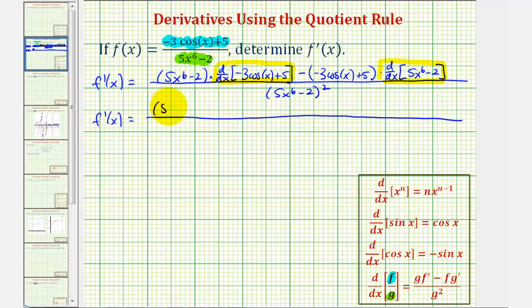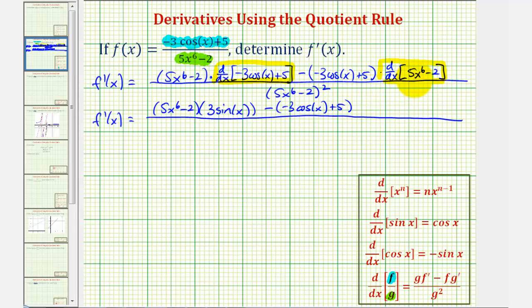So we still have 5x to the 6th minus 2. Now we'll find the derivative of negative 3 cosine x plus 5. Well, the derivative of cosine x is negative sine x. So this would be negative 3 times negative sine x, or positive 3 sine x. And the derivative of a constant is 0, so that'd be 0. And then minus negative 3 cosine x plus 5